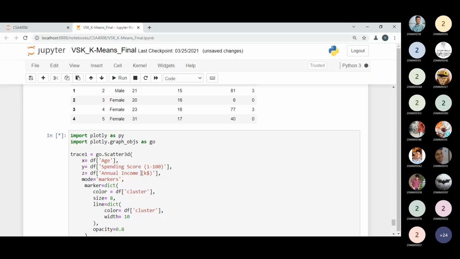With plot, we have 2-dimension that we can print. But if you want to display your graph in 3D manner, XYZ I'm taking: age, spending, annual income. If I want to print my 3-dimension graph, then I need 3-dimension based information. Age and spending I can take, or age and annual income, to display my information in 2D only. That is enough. But if I want to display my information in 3-dimension form, then I have to take 3 different parameters. So here I'm taking age, spending score and income. Based on these parameters, I can use this point right now.